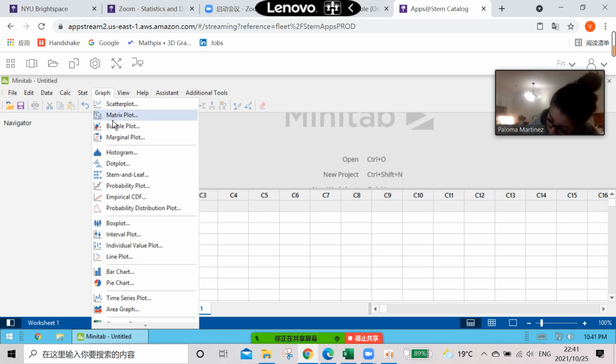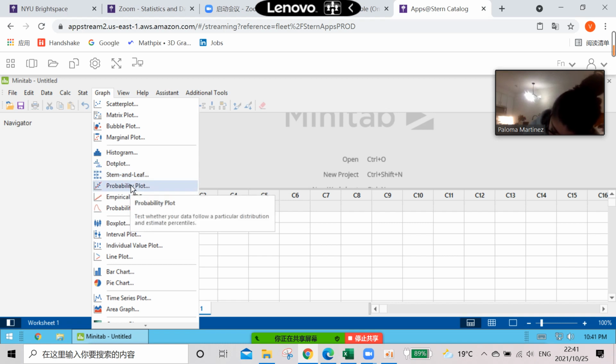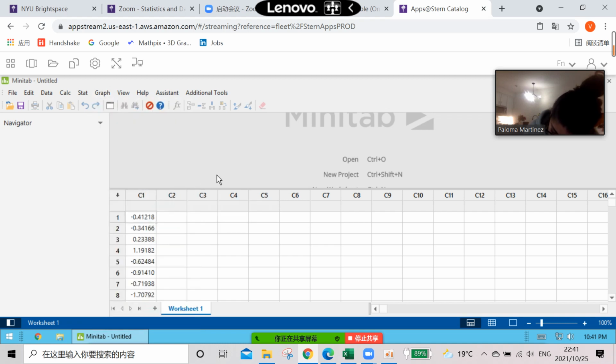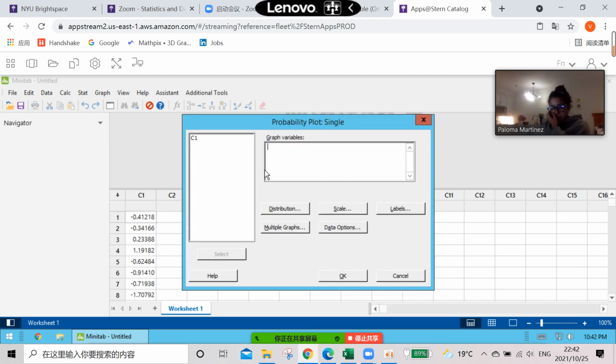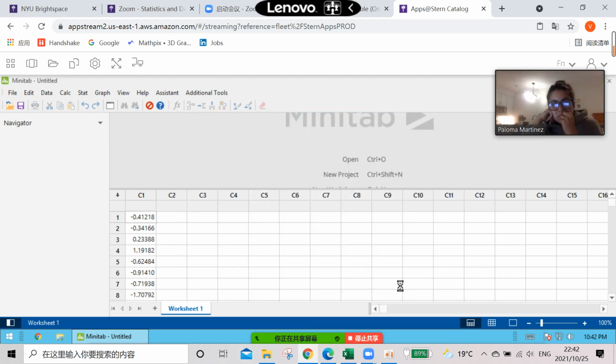Under graph, there is one thing called the probability plot. I click on this probability plot. That is another name for QQ plot, I think. Okay, the single one. The graph variables is the 16 observations you plug into Minitab. I use 1,000 observations generated randomly. Click on OK, and then